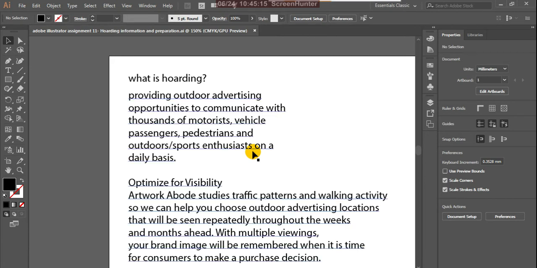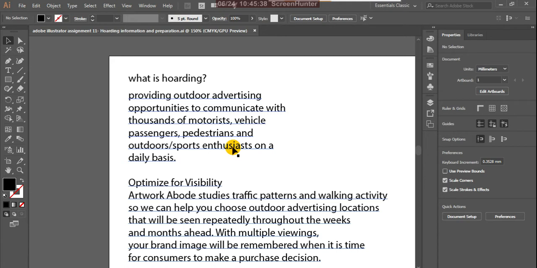So there will be opportunity for the morning walkers, motorists, and vehicle passengers. They just look up and check what is happening there and what is displayed on that board.